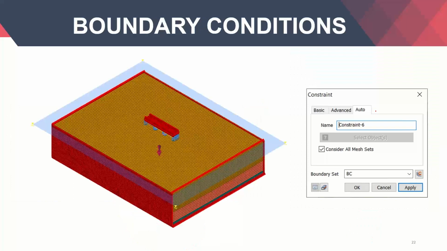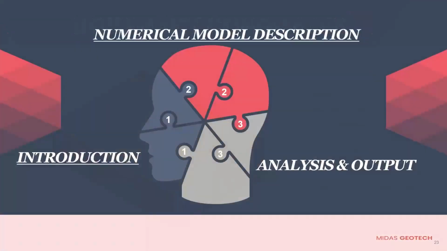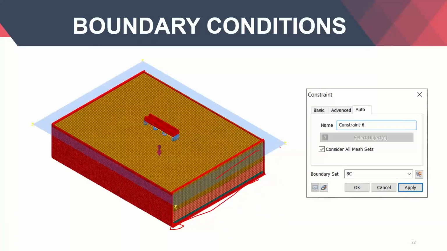Then in the boundary condition, it is very simple. In FENX, we just go to constraint, we click on auto constraint, and the software will automatically generate roller supports for the sides and the fixed support for the bottom. That's it for the inputs. Because most of the inputs are already there from the civil model, all you need to do is create the soil around it, mesh it, give it the boundary condition, and also give the groundwater condition if applicable. Here the groundwater is around 1.5 to 2 meters below the actual ground level or the outcrop level.